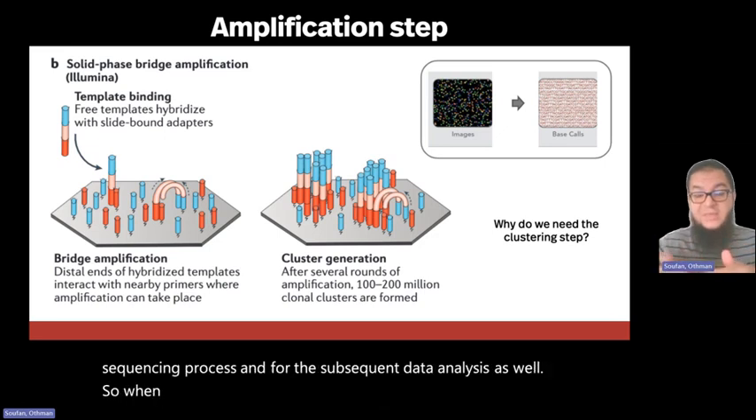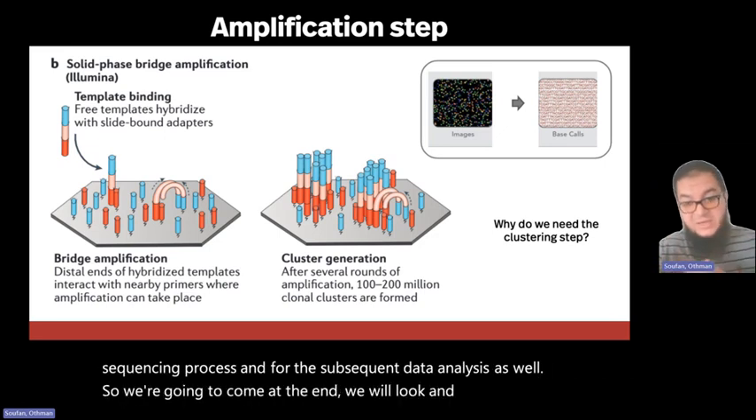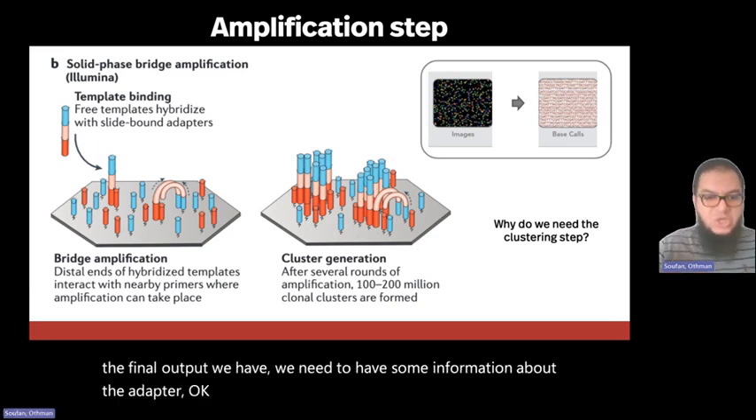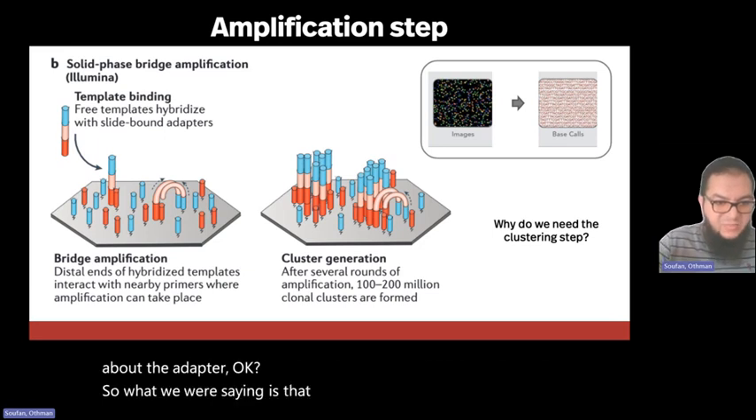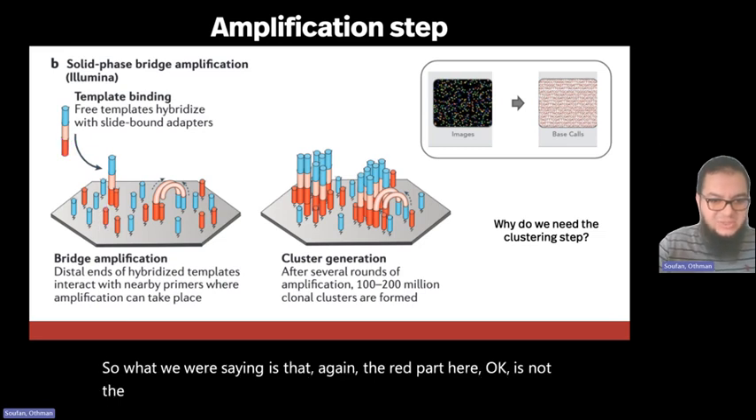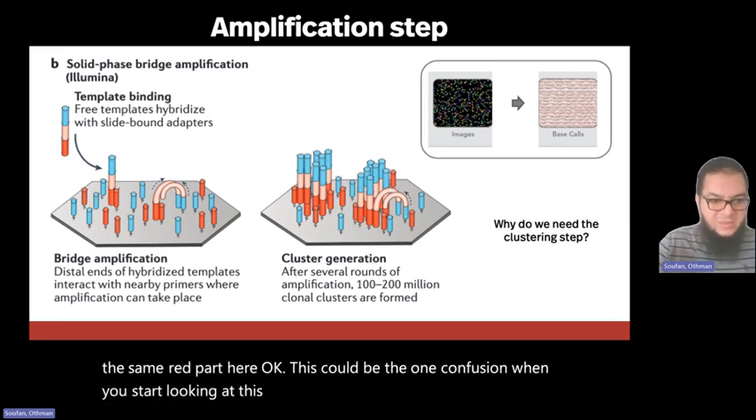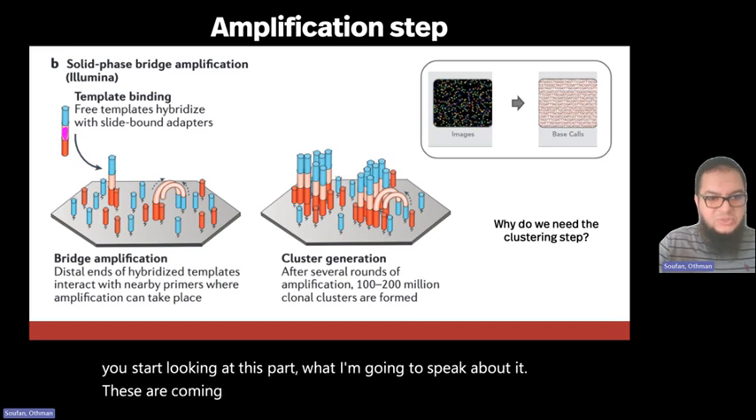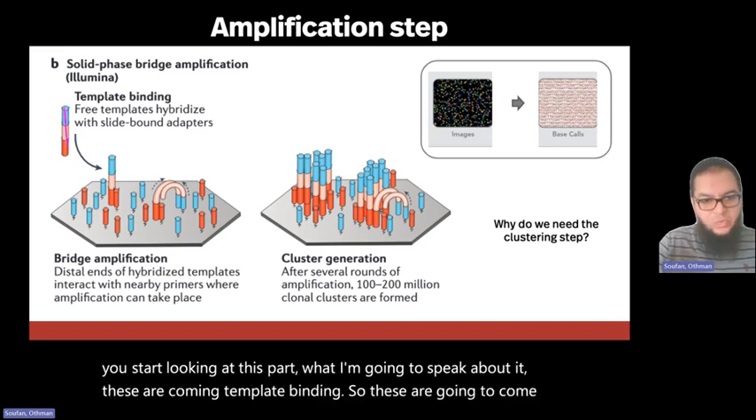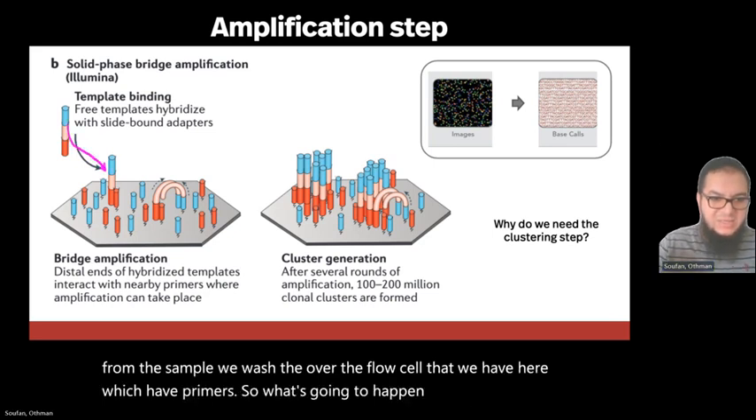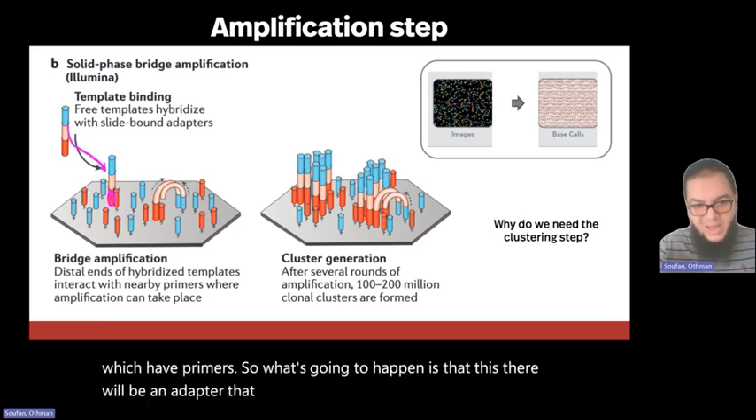So we're going to come at the end and see that even for the final output we need to have some information about the adapter. What we were saying is that the red part here is not the same red part here. This could be one confusion when you start looking at this part, but I'm going to speak about it. These are template binding, so these are going to come from the sample. We wash over the flow cell, which has primers. So what's going to happen is that the adapter is going to bind